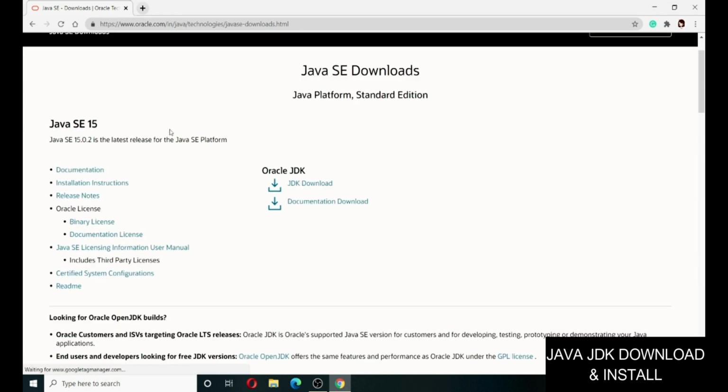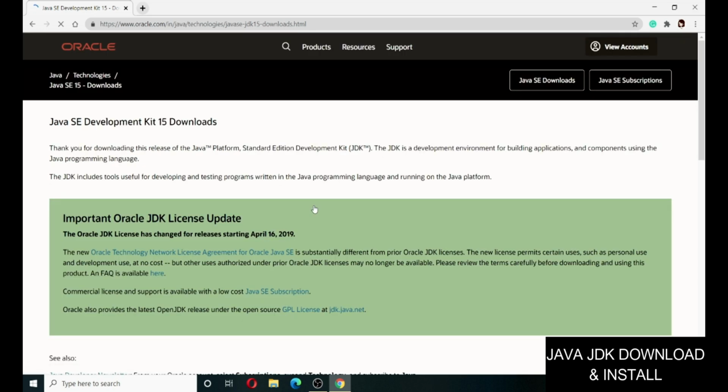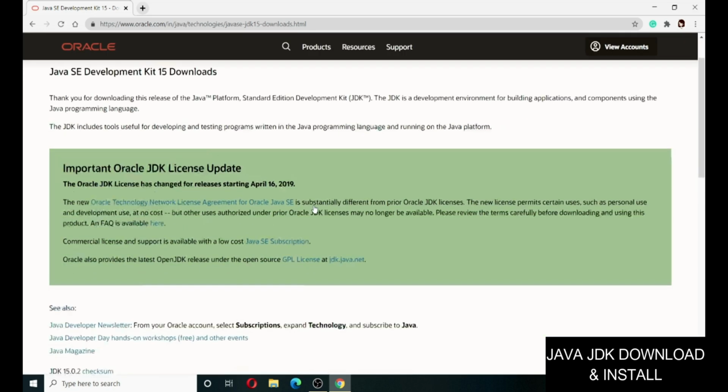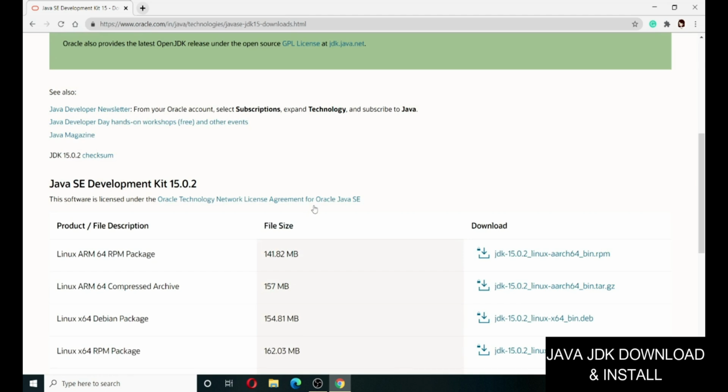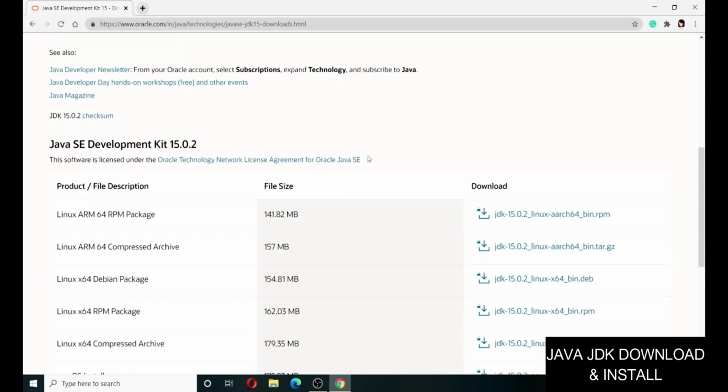Under this Java SE 15, you can see that there is a Java JDK download option. So just click on that option. And once this page is open, when you scroll it down, you will see the Java SE Development Kit, which is 15.0.2.